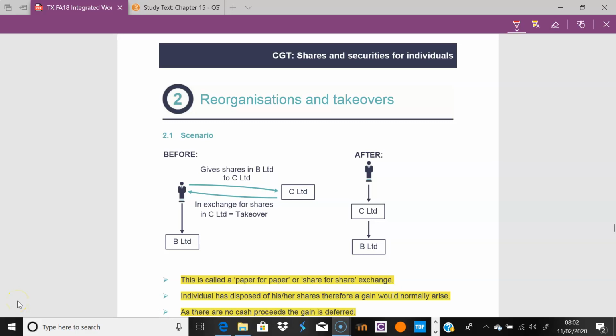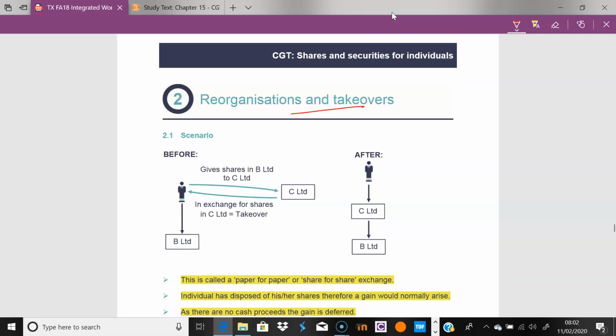Okay, great, good stuff. So we've been dealing with trying to find the cost of just buying shares, and the cost of when we sell shares, forgive me, what the base cost is of those shares, and we've done that. Here we have another scenario, an event that typically happens in that market, where people will exchange their shares, or when a company takes over another company, sometimes they might issue shares to the existing shareholders in that company they're taking over, in effect causing something of a capital gain.